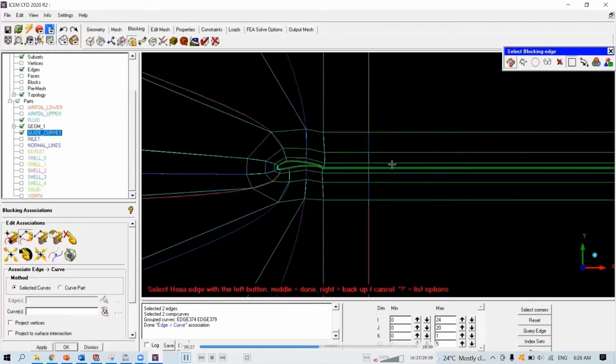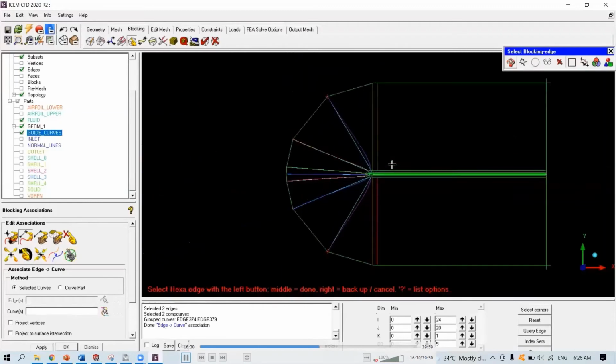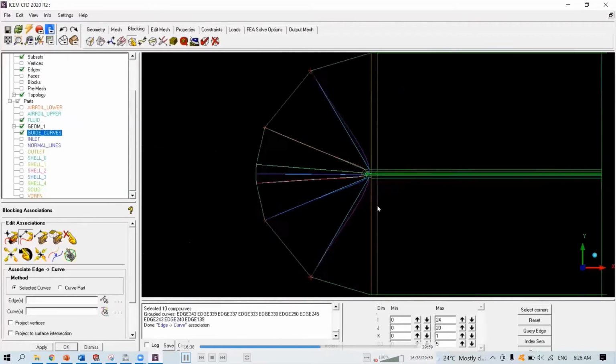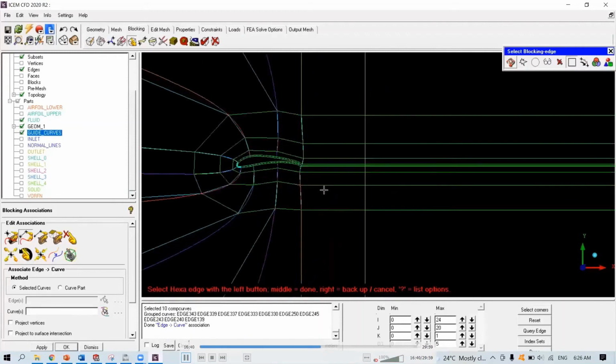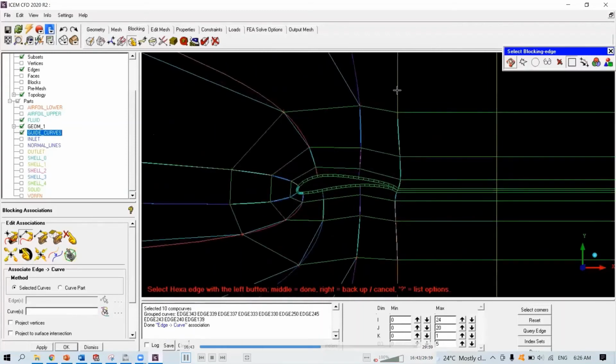Just turn on guide curves. Select the ones near the wake region because it's a straight line, so it's easy to just associate everything in one go. For this one, 1, 2, 3, 4, hit the button.